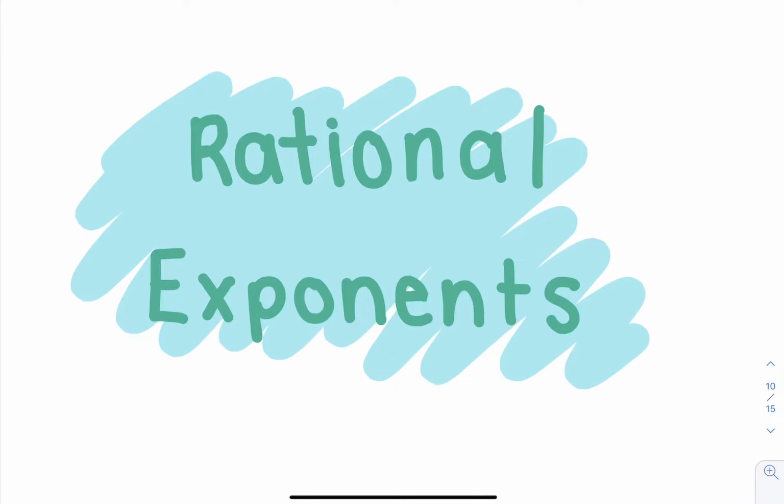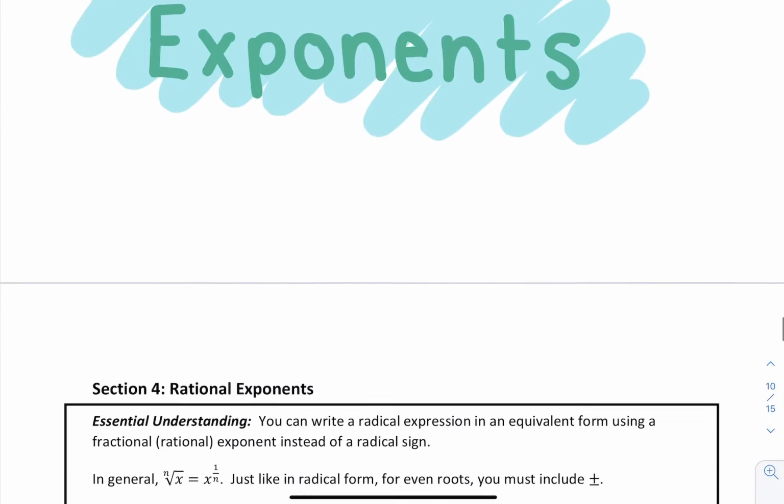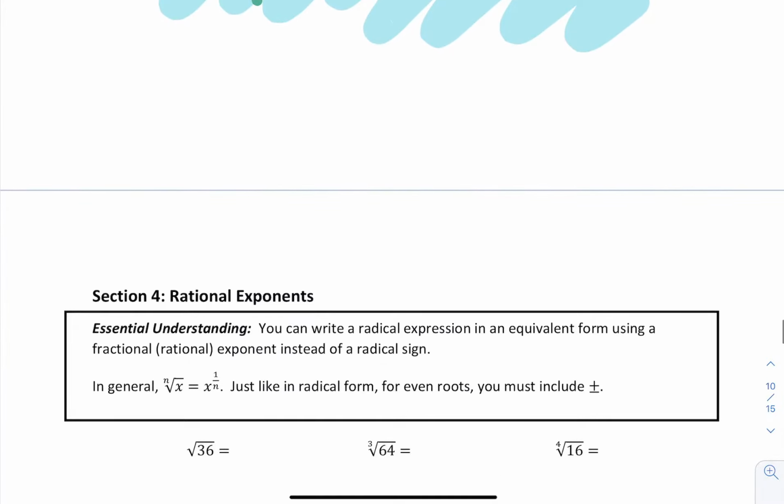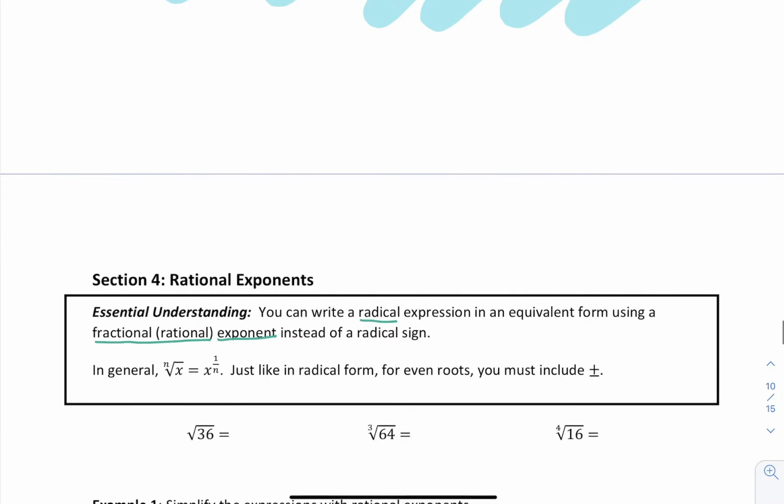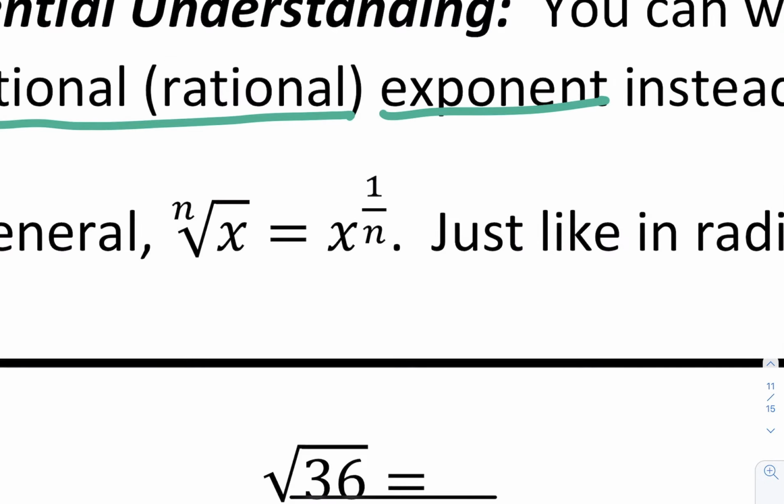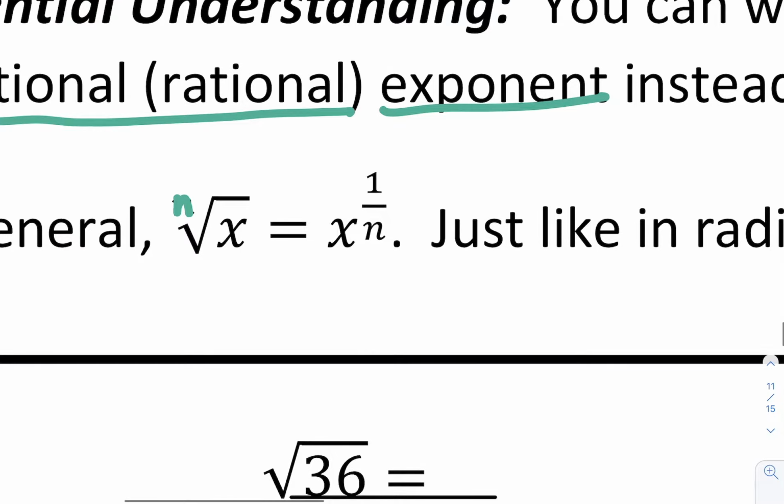In this video, we're going to be learning about rational exponents, which is a way to rewrite radicals. So the first thing that we need to understand is you can rewrite a radical using exponents, but these exponents are actually going to be fractions, or what we call rational exponents. So in general, if we have some nth root of x, we rewrite that as x raised to this fraction